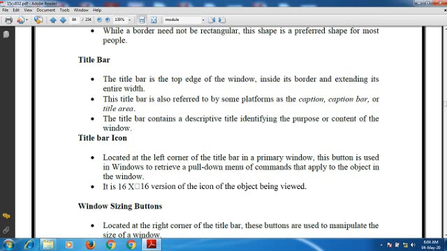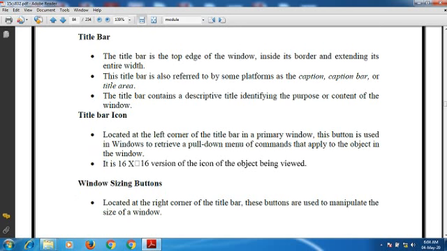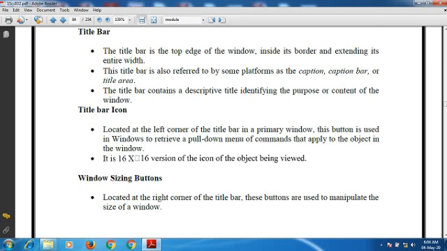We have the window sizing buttons. Those are located at the right corner of the title bar in a primary window.